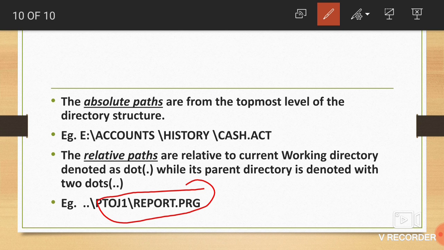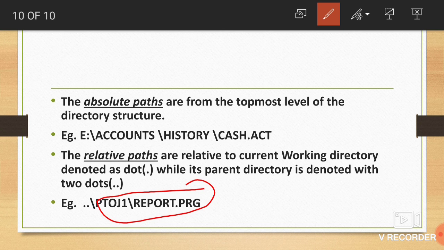So absolute path means what? Absolute path is having the complete hierarchy of the file structure, directory structure, from the topmost level of the directory structure. जहाँ पे हम कंप्लीट पाथ दे रहे हैं दैट इज़ आवर एब्सोल्यूट पाथ. और रिलेटिव पाथ मतलब सिर्फ हम यहाँ पे करंट वर्किंग डायरेक्टरी को डिनोट कर रहे हैं, डिस्प्ले कर रहे हैं. ओके, और पेरेंट डायरेक्टरी को हम डिनोट कर रहे हैं 2 डॉट से. सो इट्स अ रिलेटिव पाथ.